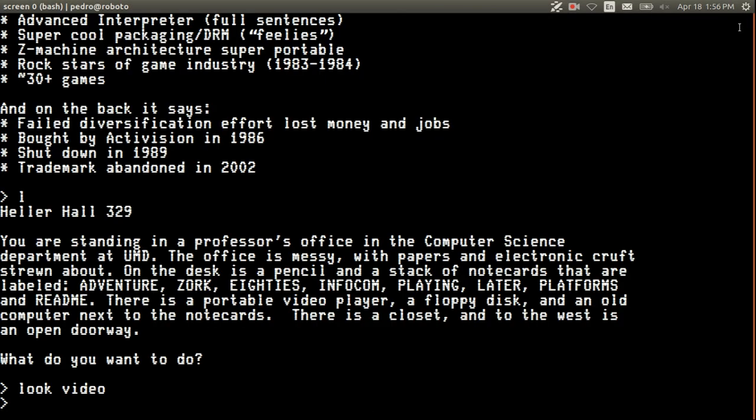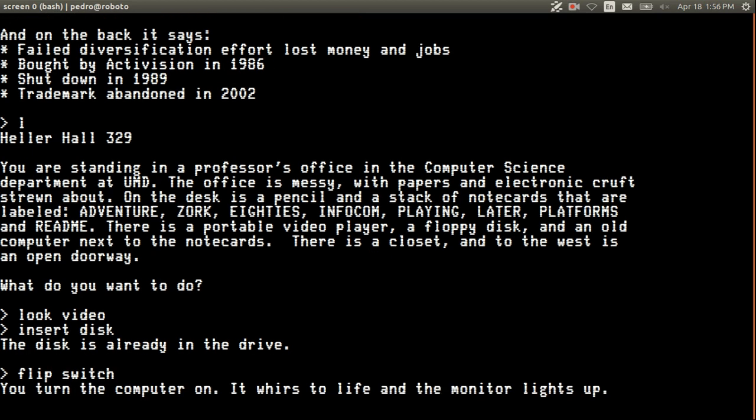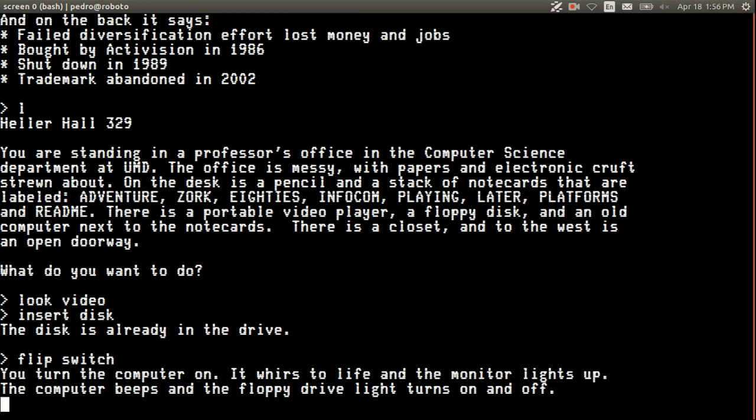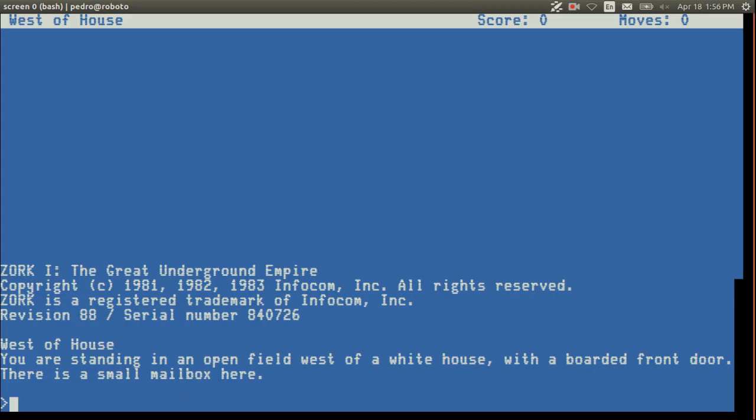So should we play Zork? Yeah, sure. Adventure only had 2-word commands, so it was always verb, noun, and Zork had a much more flexible parser. Okay, so what should we do? Let's open the mailbox.